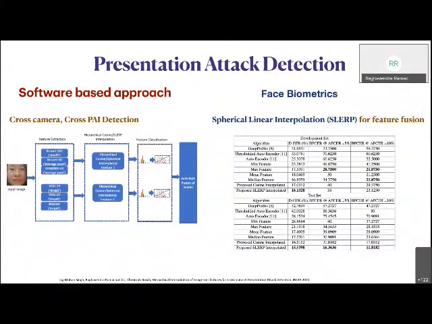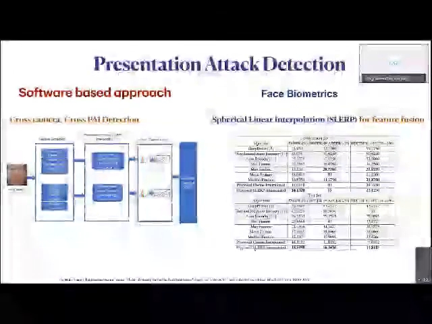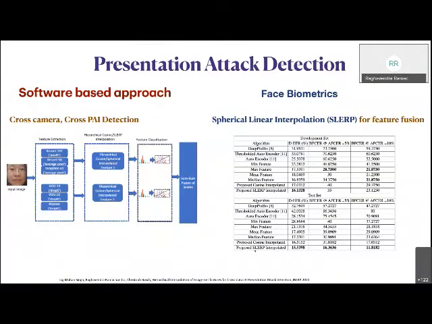When we have 2 feature vectors, we combine them by interpolating them into the spherical space. Once we interpolate them into the spherical space, the discrimination between the bona fide and the attacks is very well qualified. There are several ways you can interpolate. You can use the sine to estimate the angle between them, or you can use the cosine, but we evaluated sine and cosine together, and we identified that this kind of interpolation performed much better than the existing most recent deep